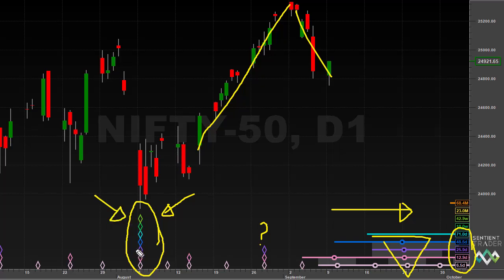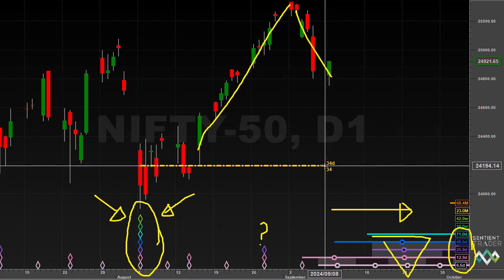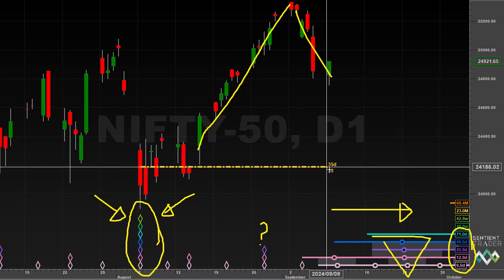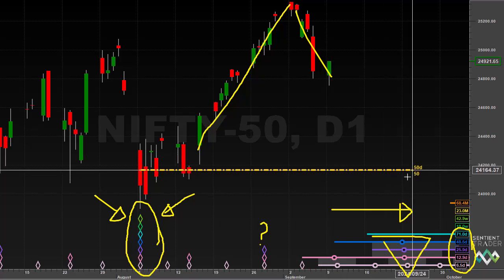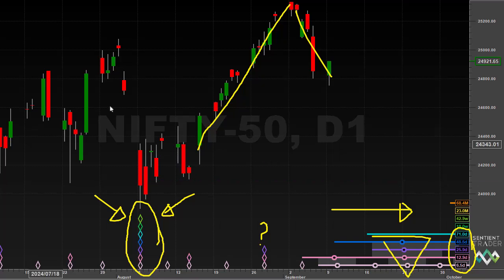Without going into too much detail, I would like to point out that we don't focus too much on the recent wavelengths of those cycles. Because of the principle of variation, we know they will change, and so we are focusing on the average length of the 40-day cycle, which is of course 34 days, which indicated that the 40-day cycle trough might have occurred over the past weekend or perhaps earlier today. We do pay some attention, of course, to the recent wavelengths of those cycles, indicating that the 40-day cycle trough could be expected to form any time from about now until about the third week of September.